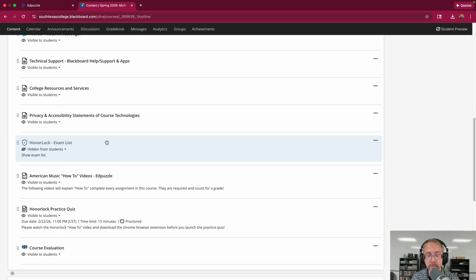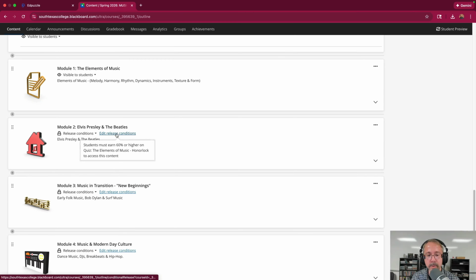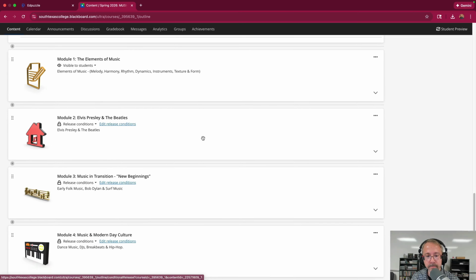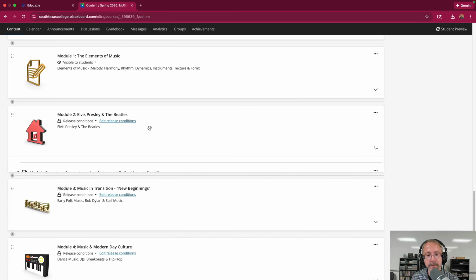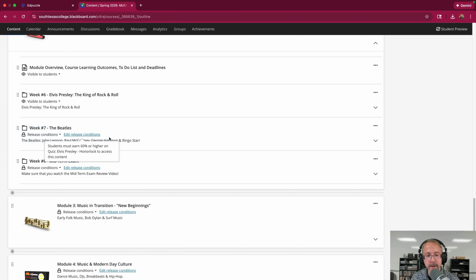So if you use conditional release for releasing things as students go, I would advise to just keep it hidden because it confuses people when they click on it and go, I don't see all the quizzes, assessments, exams. Well, they're not if it's set to conditional release. So like this one has a condition. This has a condition, and even get into folders, like to actually access this one, you have to have done